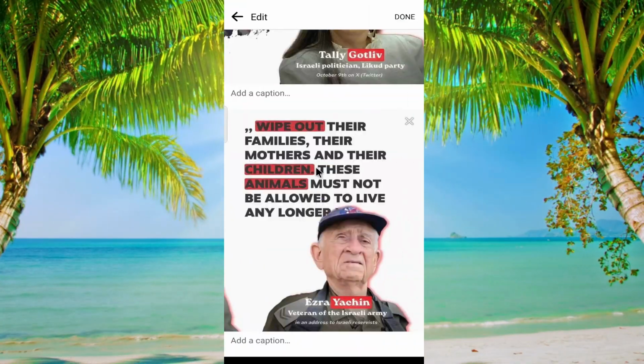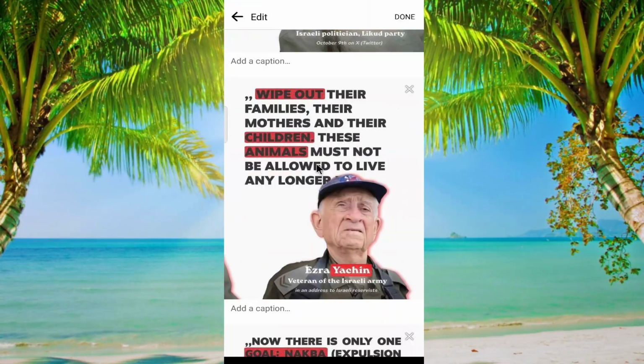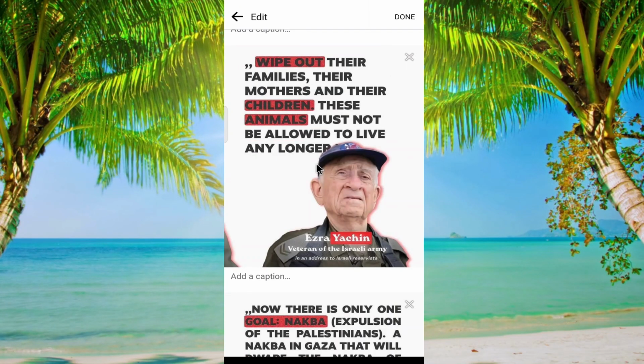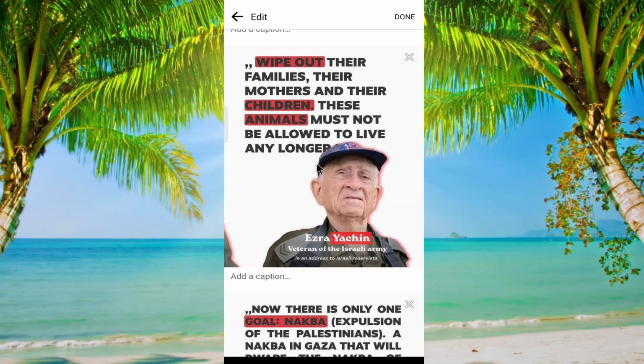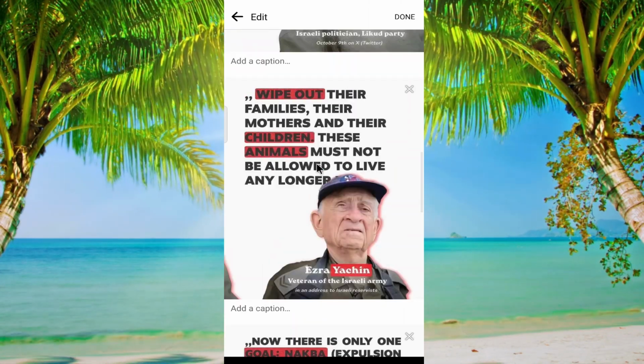Wipe out their families, their mothers and their children. These animals must not be allowed to live any longer. If they are seen, an Israeli army